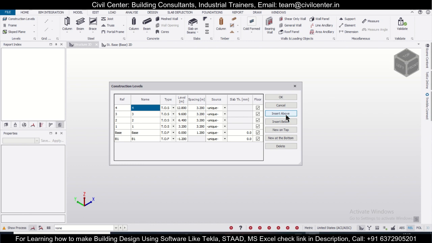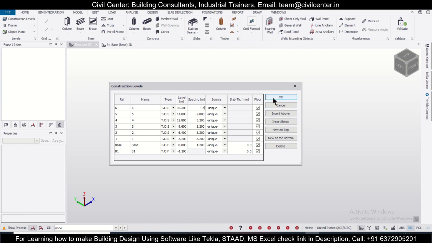So up to G plus 3 we can go, and we can create another level above it, and this level will have 2 meters spacing, and you'll insert another level above, and that one will have 1.5 meters spacing.